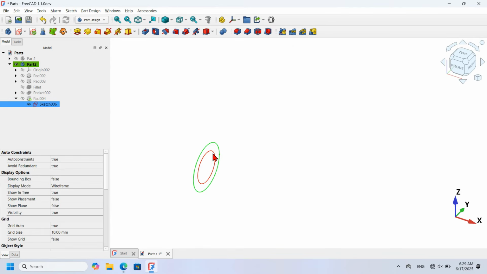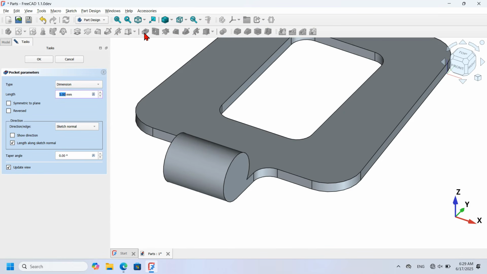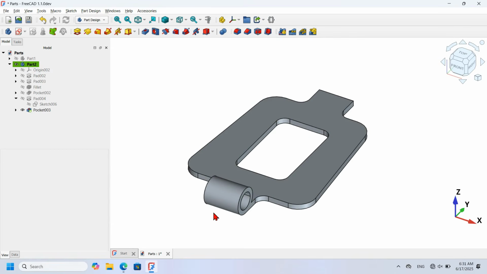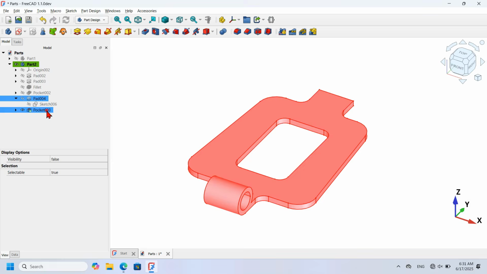Now select this geometry and the pocket tool, set foreground here, check symmetric plane and OK. Okay, and now we need to mirror these operations on this side. To do that, it's very easy. We'll use the linear pattern tool. Just select the pad operation, hold the Ctrl key and select this pocket, and now click on the linear